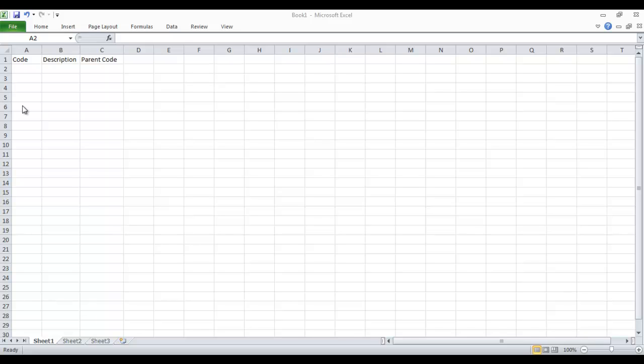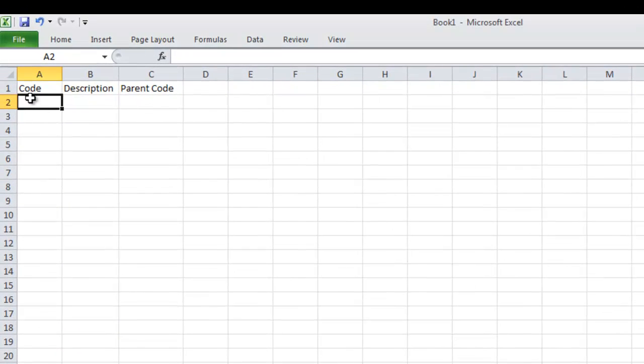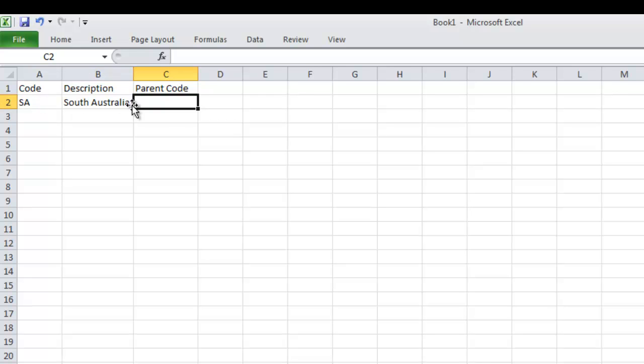In our Excel spreadsheet, we have three columns of data that we need to populate: code, description, and parent code. The first folder I'm going to create is SA, or South Australia. So the code I'm going to provide for that is SA. Again, this code is unique. My description will be South Australia. And finally, the parent code. So which folder is this going to sit under? Based around what we learned earlier, the folder code will be root,